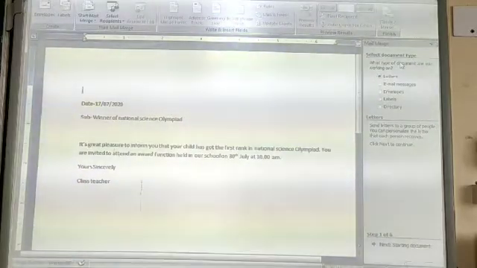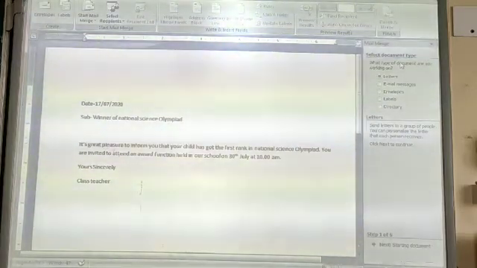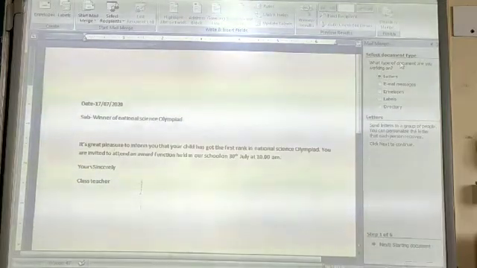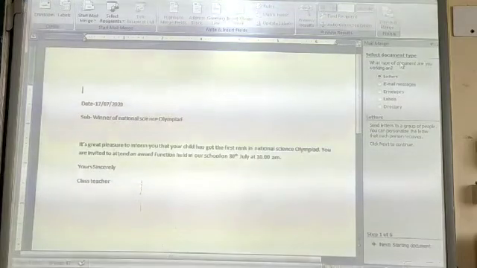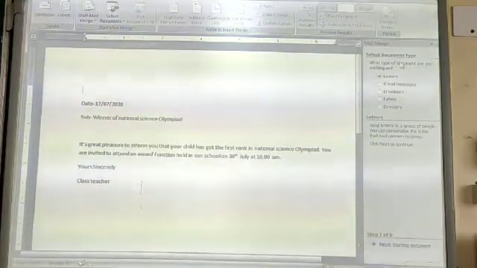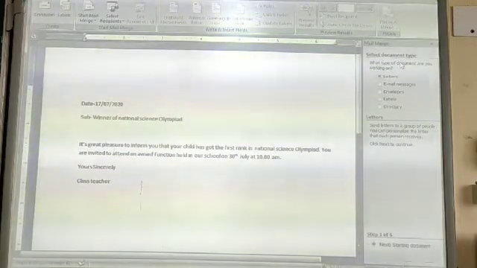Second step, select starting document. The first step was to select which type of document you want to create. The second one is to select the starting document. Either you can use the current document which you have written, or you can use any document which you have already prepared.